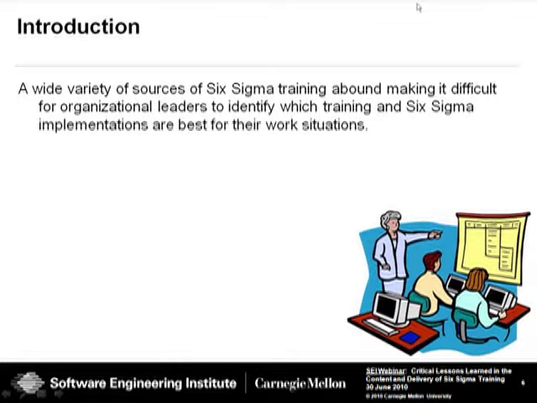Okay. So as an introduction, coming out of industry and then working at the SEI, there's a lot of challenge in identifying sources for Six Sigma training. Six Sigma is not a centralized topic governed by any institute or organization. And so a wide variety of sources with a wide degree of variation in Six Sigma training is available. And deployment leaders and champions in organizations must sort their way through all of these different offerings and decide what's best for their environment and for their organizational needs.